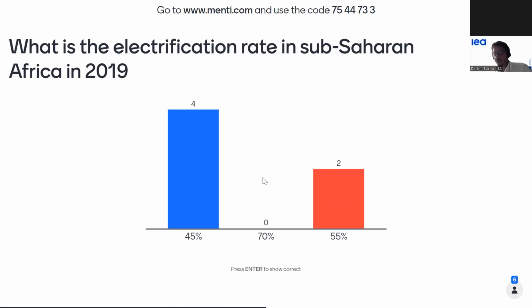Okay, so let's discover which is the correct answer. The correct answer was actually 55%. Clearly, in this case, we are talking about Sub-Saharan Africa, not the entire continent. And this has been increasing, because we are talking about electrification rate, even though we had a slight decrease